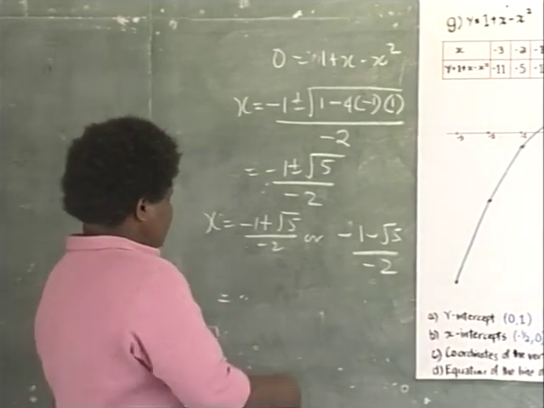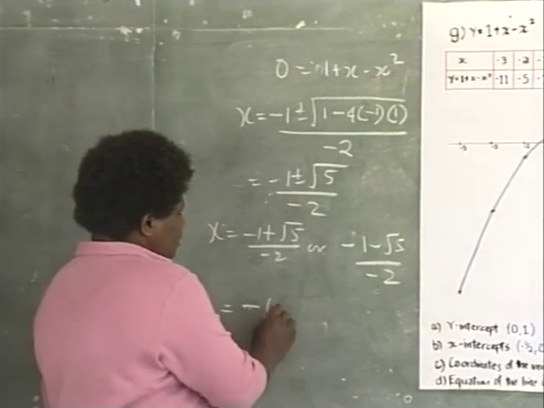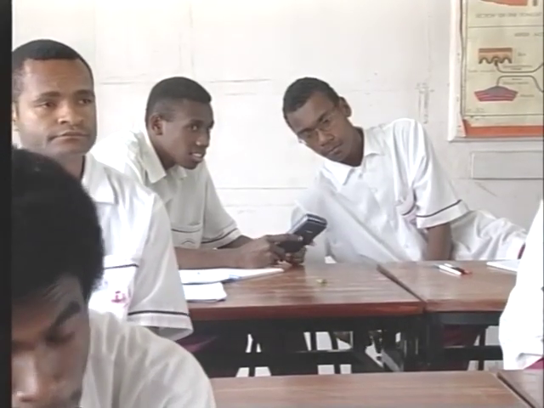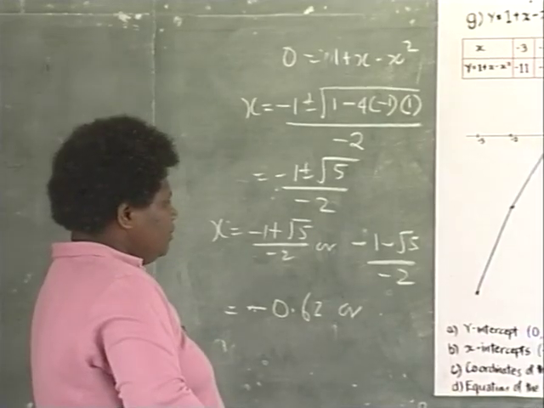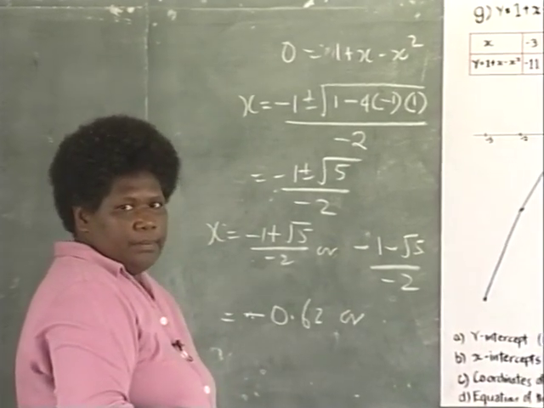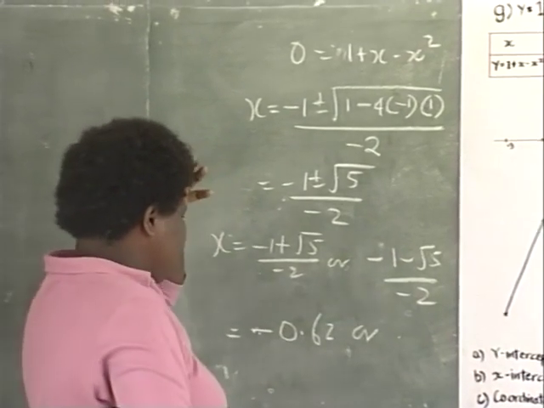Plus or minus? Minus, are you sure? 0.62. And here? Is it also negative? It can't be, because minus over minus will be positive. You get a minus value here as the numerator and a minus here, so it has to be